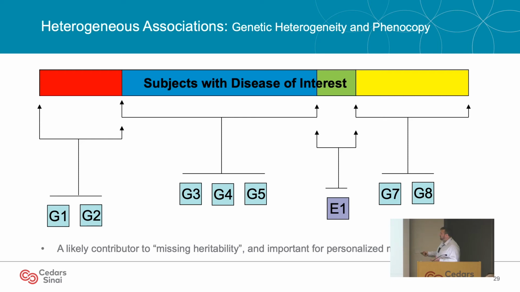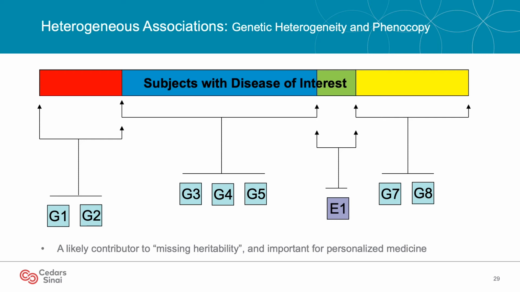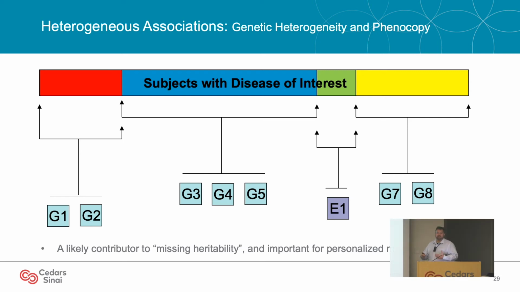And so it might look something like this. This subgroup in red might have these two genetic variants that interact with one another. Over here, you might have 3 variables in the genome. Over here, you have an environmental effect that's giving you phenocopy. It could be arbitrarily complex, right? We don't know what this looks like ahead of time necessarily, because these subgroups also might not perfectly correlate with phenotypic variation, right? These people in yellow over here might not have the most extreme phenotypes of the disease. It might be more distributed for one reason or another.